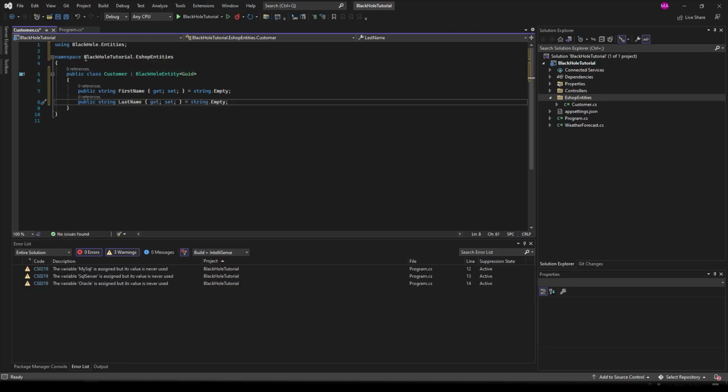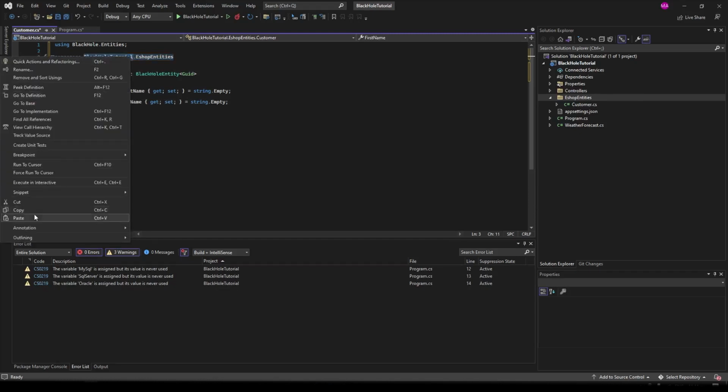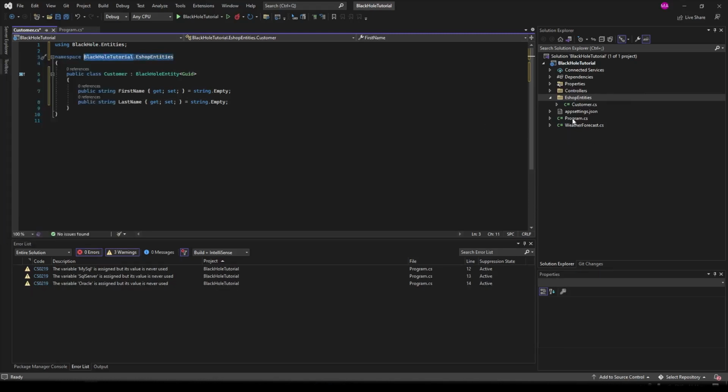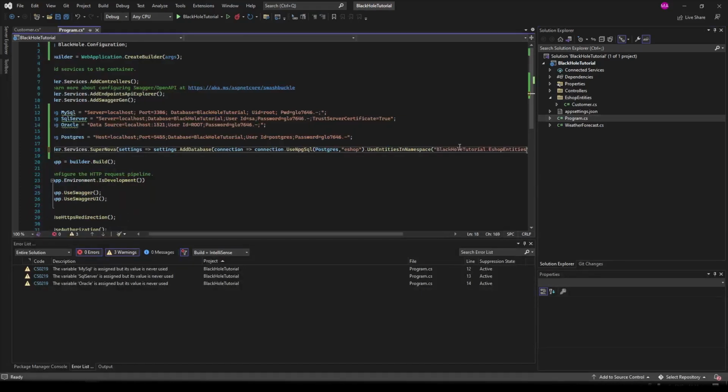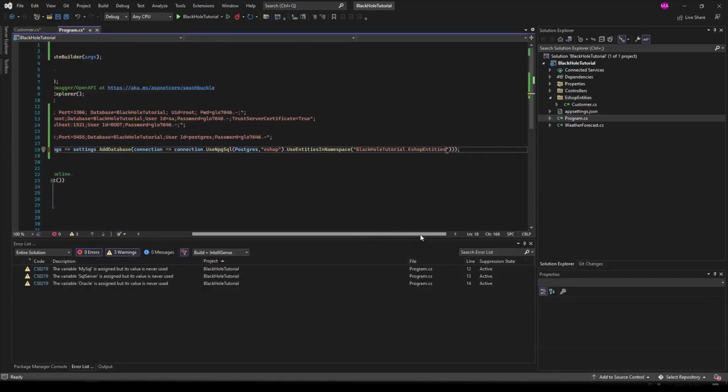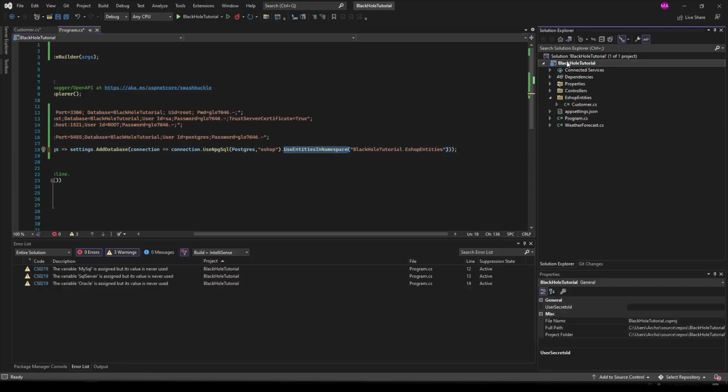And as you can see here, we have a namespace that is called BlackHole tutorial.isop entities, and we can copy this namespace here. And if we do this, now BlackHole will only generate tables from the entities that are in this namespace. So if we have another,